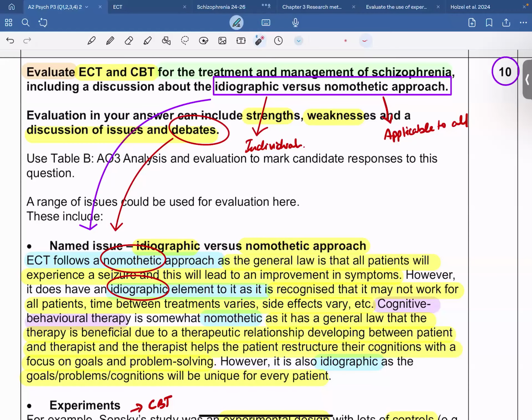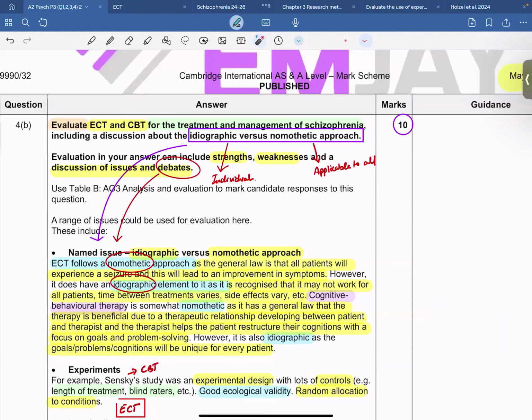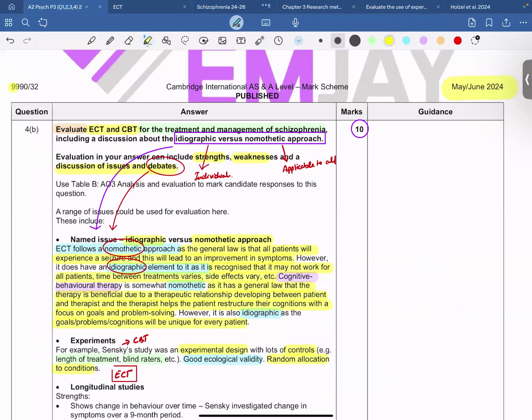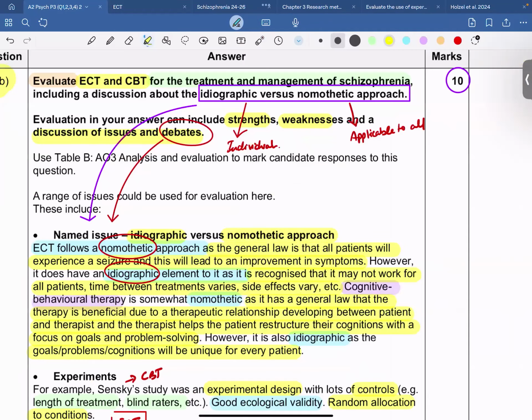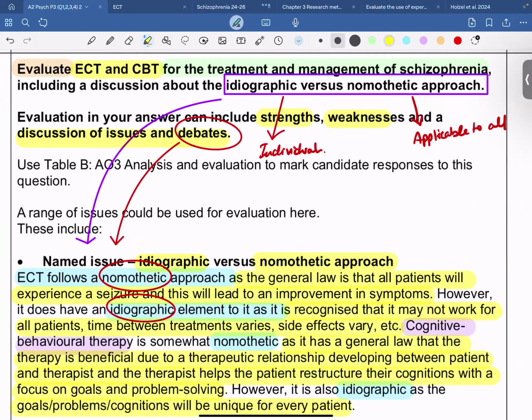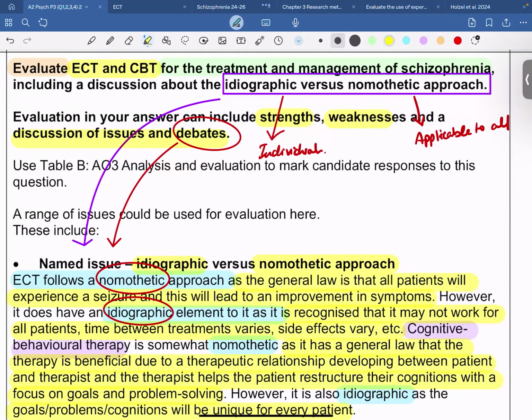Hello, everyone. In this revision lesson today, we'll be discussing a question from May-June 2024, paper 3, variant 3-2, question number 4A, 4B, I'm sorry. Question number 4 has to do with description. This particular question is a 10-mark question, which reads, evaluate ECT, that is electroconvulsive therapy,